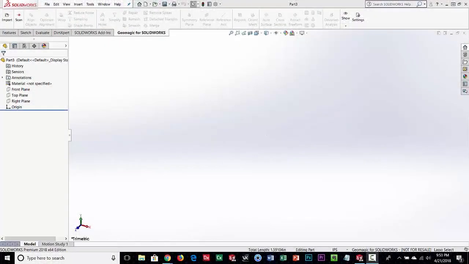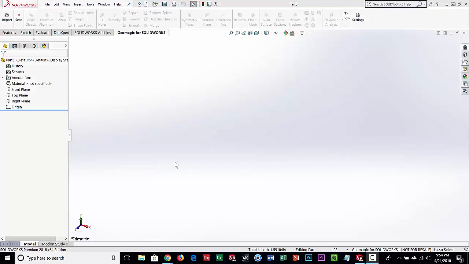In this video, we are going to demonstrate GeoMagick for SolidWorks. And for this video, we're going to show what we call hybrid modeling. Now, we've done another video where we show kind of traditional modeling within GeoMagick for SolidWorks, where we bring in scan data and we cut sections and we build sketches and extrude and cut and do different things. This one's going to be a little different, where we've got something that's very organic in shape. So you really can't do a lot of sketch-driven modeling.